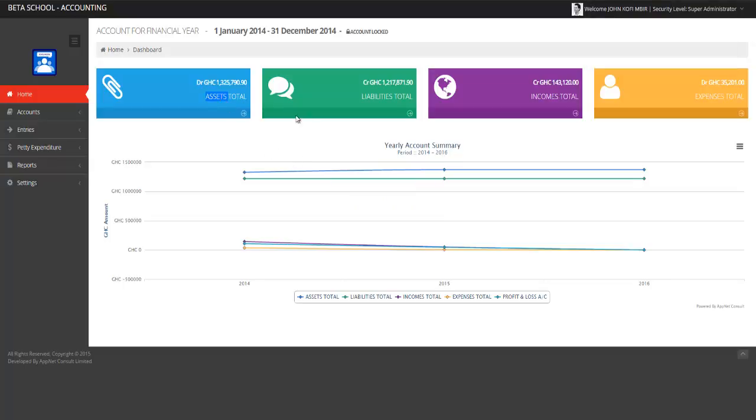Now when you log in successfully, it will show you the dashboard. We have the assets over here, the liabilities, incomes, and then expenses. And the amounts are being shown against them, and either it is a credit or a debit. Now let's go to the chart of account. Before that, the heading shows account for financial year 1st January 2014 to 31st December 2014,